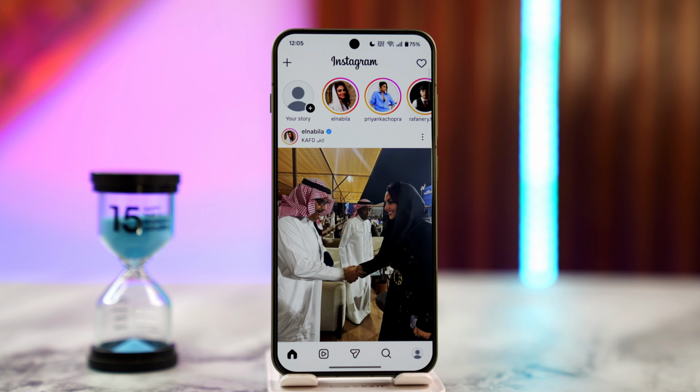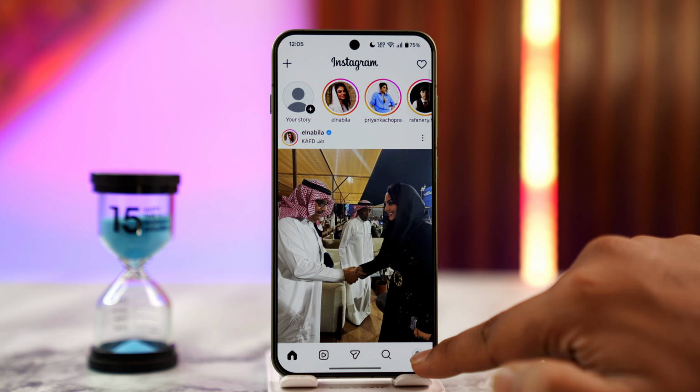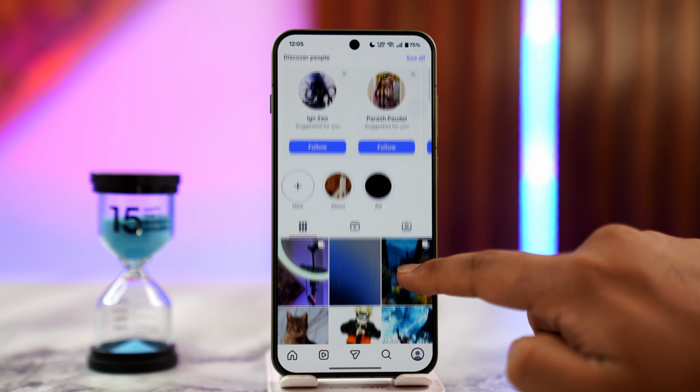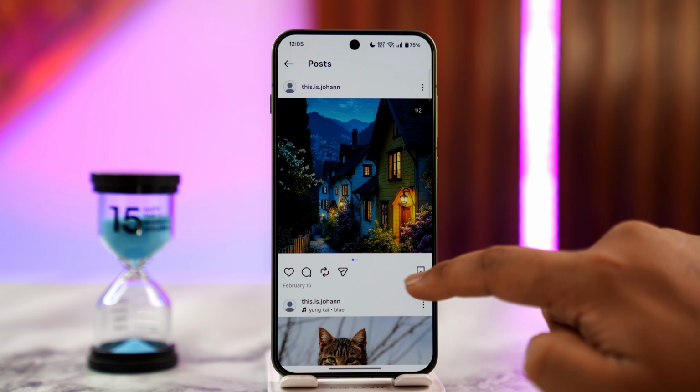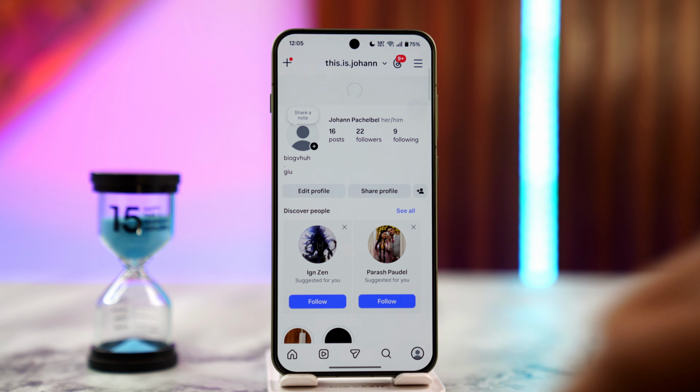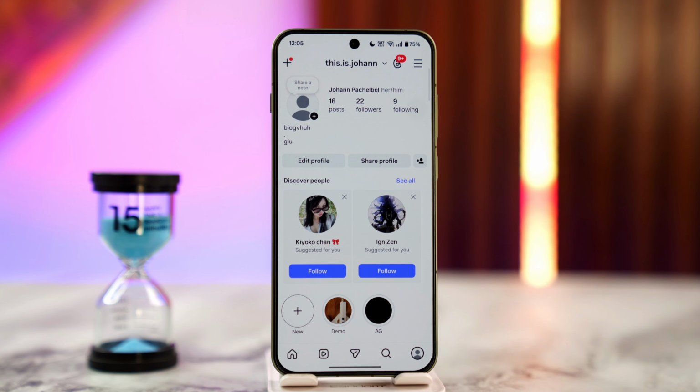This method will work 100%. Normally, to delete a post, you just select that post one after another and then you tap the three dots option and then you tap on delete, and if you have too many posts, that could be quite a hassle. So an easier option is, once you're here on your profile page,